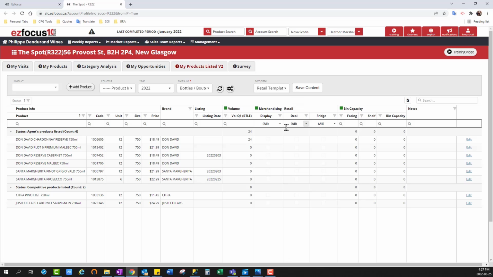Final thought about the My Products Listed tab is about the measures. As you'll notice, the default measure is units or bottles, and it also includes the word edit mode. What does this mean? Well, this means that whenever you're making edits to the My Products Listed table, particularly things like inputting volume, it's very important to be in edit mode. You want to be making these edits and inputs in units, and the system will automatically convert it to cases, dollars, or 9-liter cases based on the pack sizes for you. But you always want to be making your